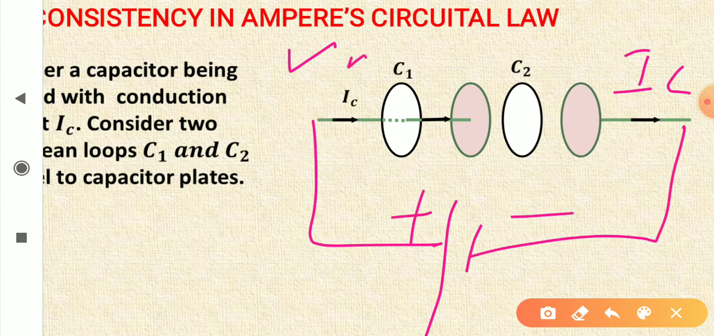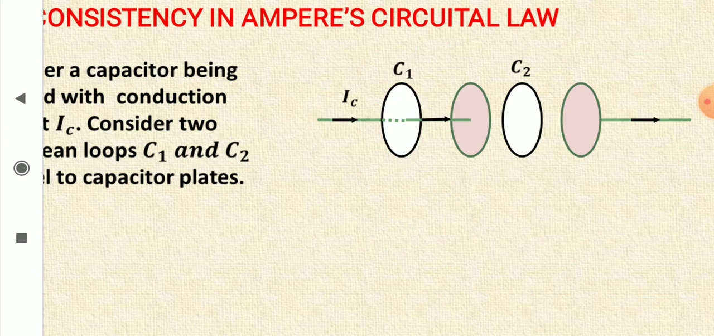Then we have current here, we have current here, but there is no current between the plates because there is empty space. Now we have chosen one Amperian loop C1, another C2. They both are parallel to this capacitor plate. Now outside at this point, if we apply Ampere's circuital law for this Amperian loop, then we will get,